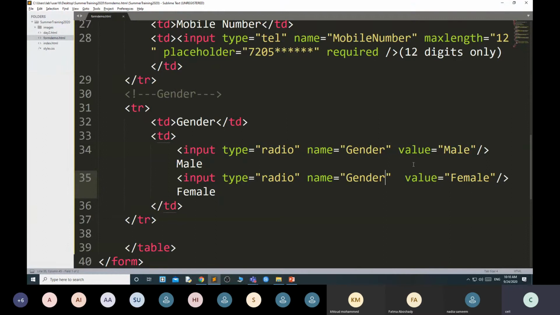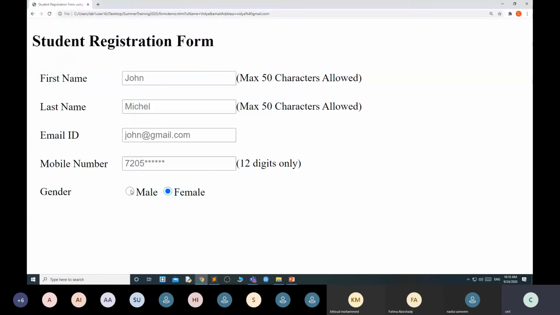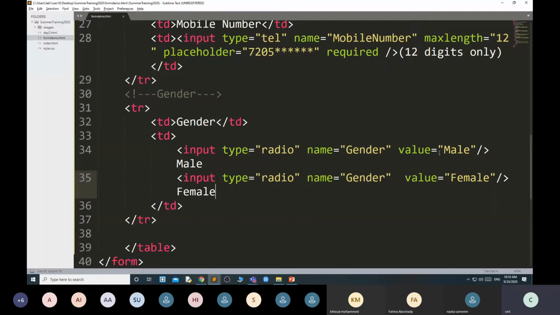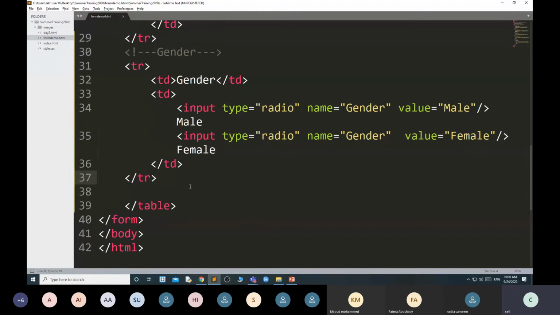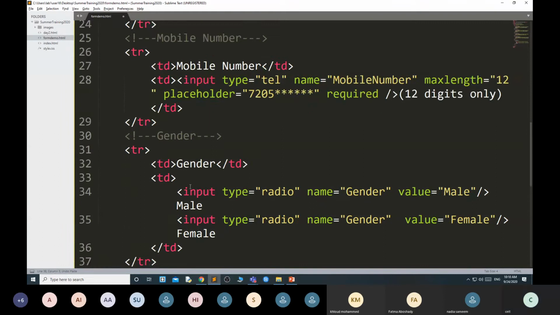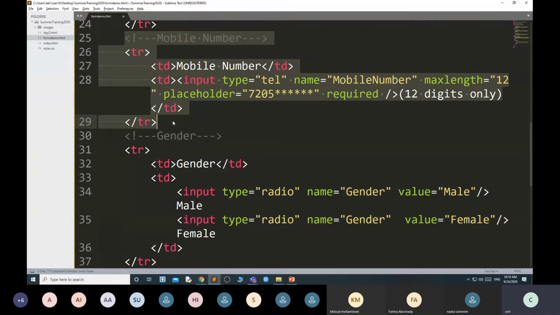Okay. And one more thing, what's the use of value? Because when you select one field and you are sending the data, how will it take this data? Because when I select female, I want that female will be stored in the field of gender. How will it store? For that reason, we are using the value. It will get the value from the value field. Okay. Then I want the date of birth. Control Z. This thing I will copy.